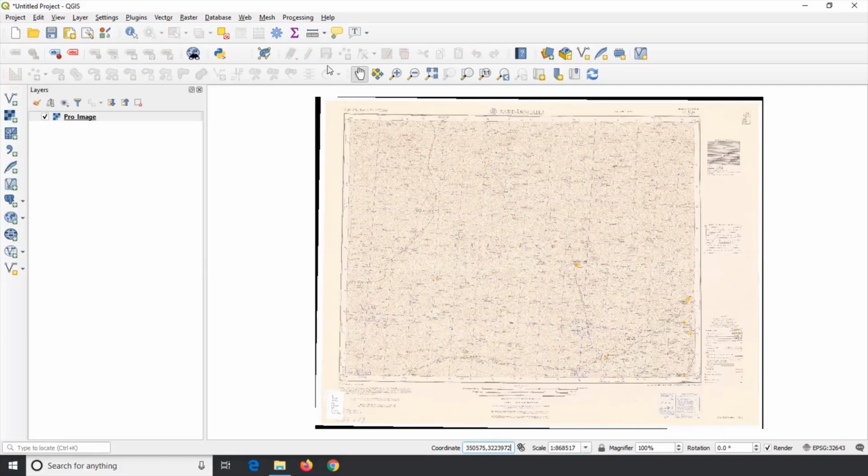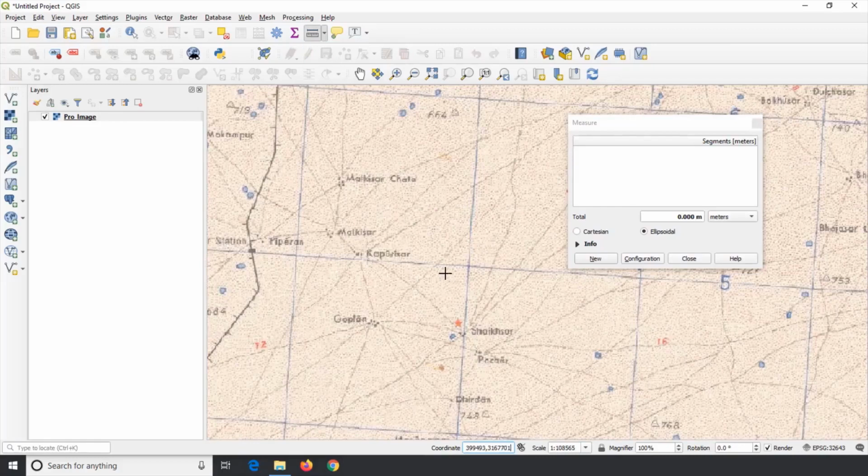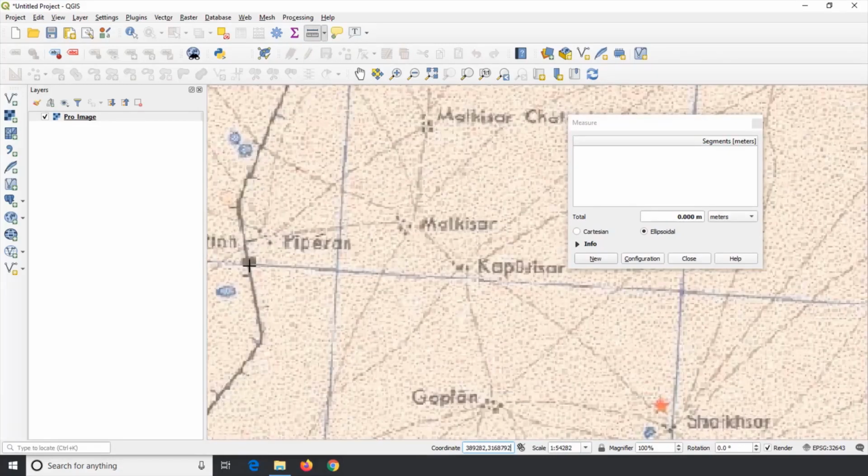Use the measurement tool on the attribute toolbar. We can get three kinds of tools by clicking on the down arrow near the measurement tool. There are measure line, measure area and measure angle. Use the measure line tool to measure the length of a linear feature on the topographical sheet. When you left click on the mouse, it creates a node on the topographical sheet. Click continuously, giving some space between the nodes to measure the length of the feature.